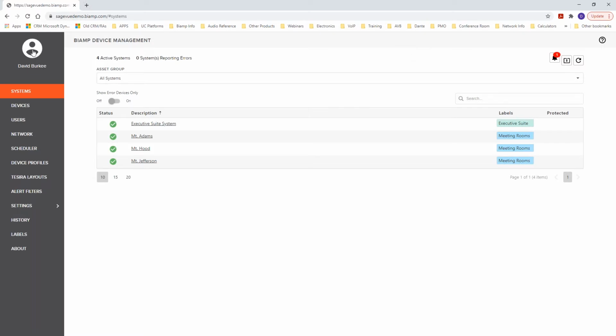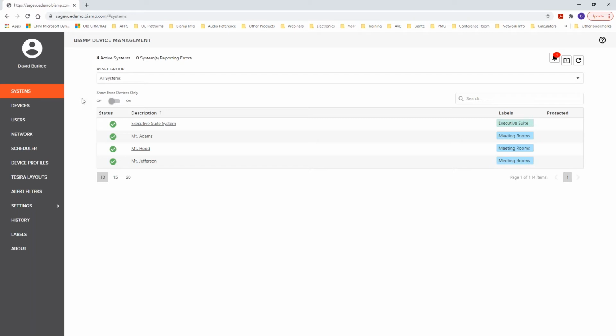So in the top left here, you'll see the name of the user that's logged in. We support importing custom avatars, or if we have an LDAP integration, we'll pull in an image from the directory server if that's available. Systems list here. Systems is very much a Tesira terminology. So in the system list here, we're going to see